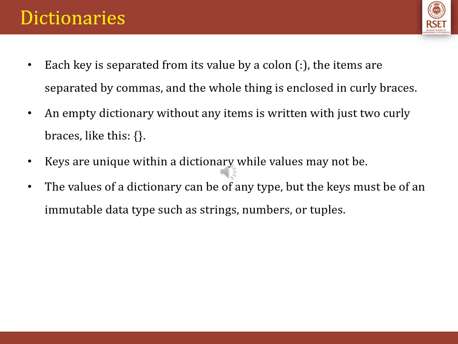Keys in the dictionary must be unique and can be of any immutable data type like strings, numbers or tuples. There is no stringent requirement for uniqueness and type of values. Values of a key can be of any type. Dictionaries are actually not sequences, they are mappings. They are a collection of objects that store objects by keys instead of position.